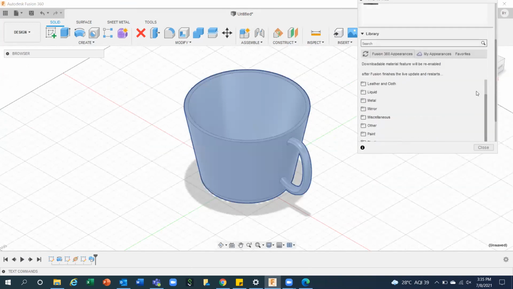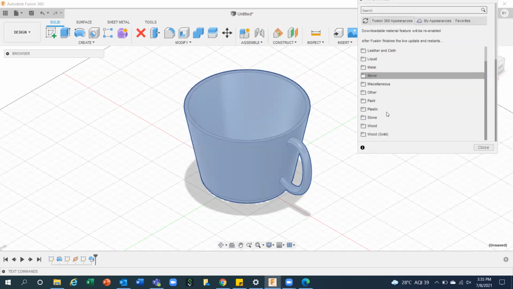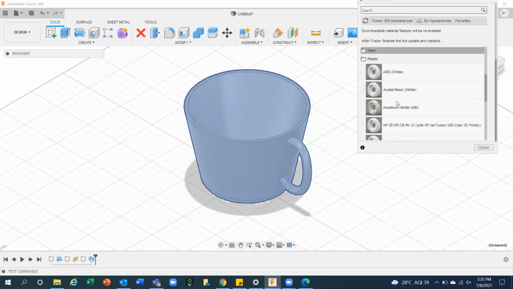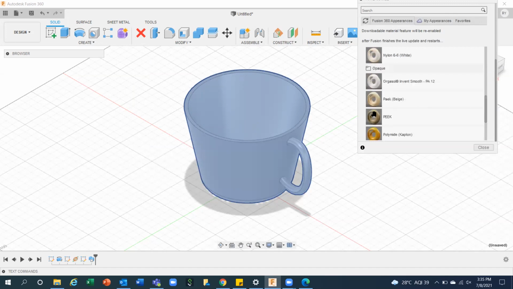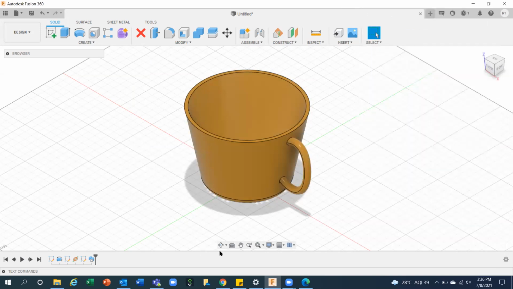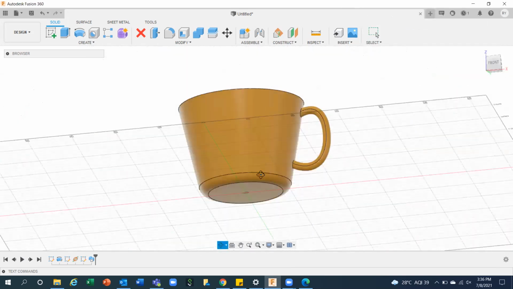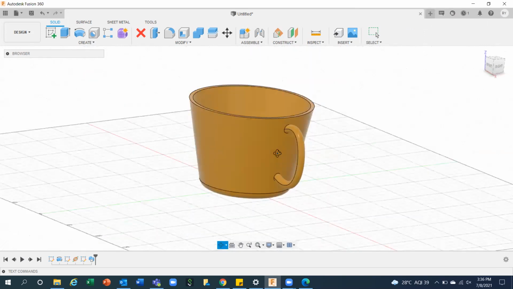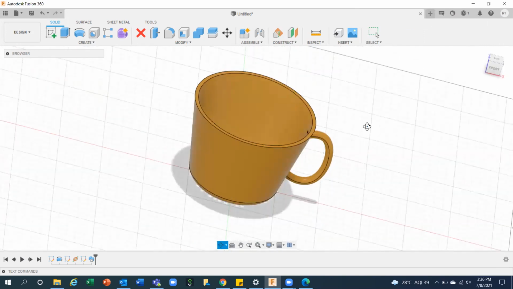This is nothing but the paint. Let's say I want to take some plastic effect. So I can simply drag and drop. See. So I can apply the material also. Anyways, this is the simple one.